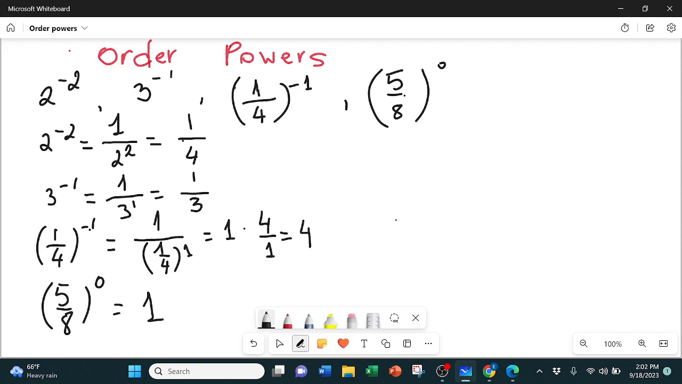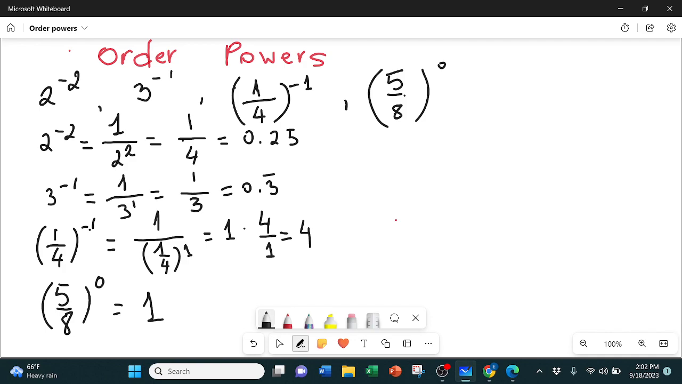Now, if we want to compare these numbers, because we need to order them, we can write all the calculations using decimal numbers. 1 over 4 is 0.25. 1 over 3 is 0.3 repeating. And then we have 4 and 1. So if we want to order this from lowest to highest number, from the least to the greatest, we can rewrite these numbers as,